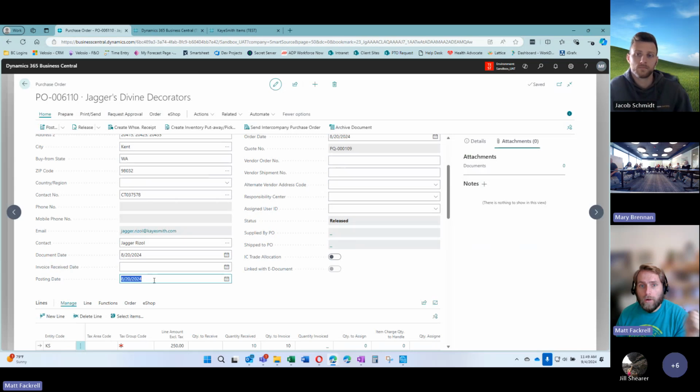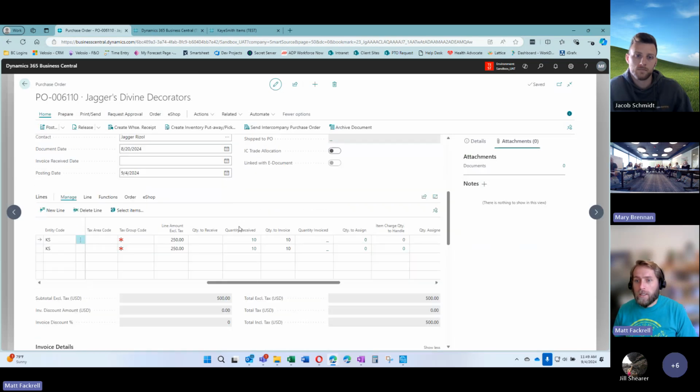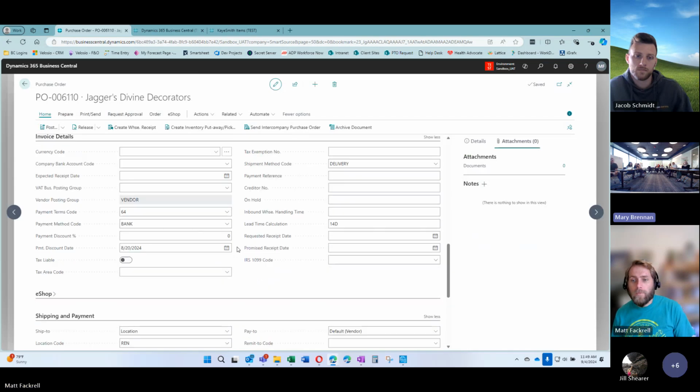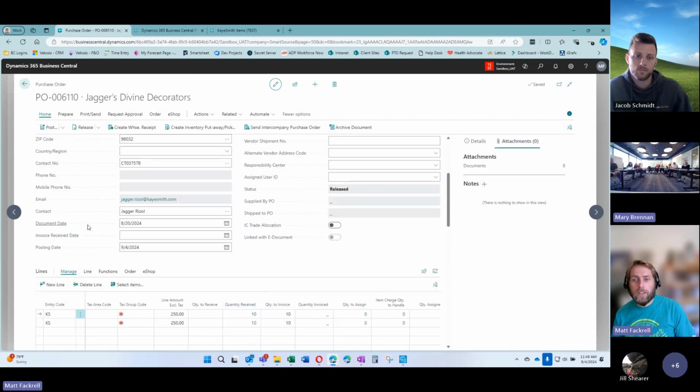Now, why isn't this the date? Say that again. Why wouldn't the document date figure the payment terms and everything? Let me just double check and make sure I'm saying this correctly. It does. Yep. So in a PO, the document date is, you're correct. That's the date for calculating terms. So if I change this to 8/25,